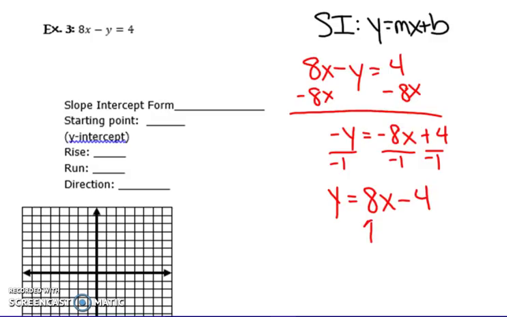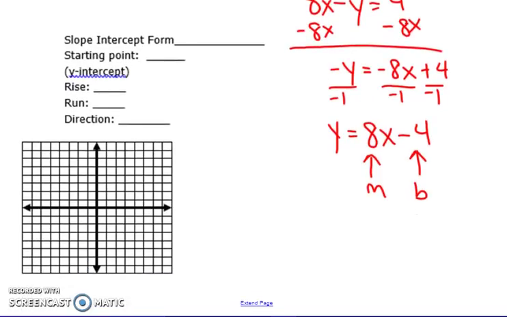I'm now in slope-intercept form. I have my m and I have my b. So now we can look at graphing it. Slope-intercept form is y equals 8x minus 4. That makes my starting point 0, negative 4. Rise over run, again, we just have 8, so we're going to turn it into 8 over 1. That means I'm rising 8 in the upward direction, and I'm moving 1 spot towards the right. It is a positive slope, so again, when I look left to right, it needs to be going in the positive direction. If I plot my y-intercept,